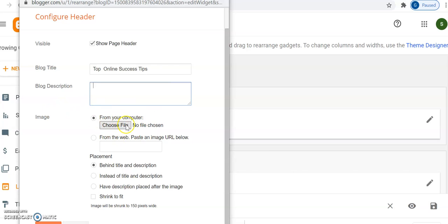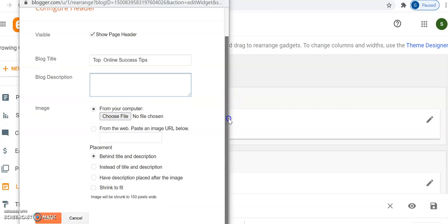Now you need to choose a logo for your website. Just come here and click on choose, and then you will upload it there. I changed the name, then I'll go ahead and save. If you don't want the header to show, just untick this and check it, and it won't show, and then